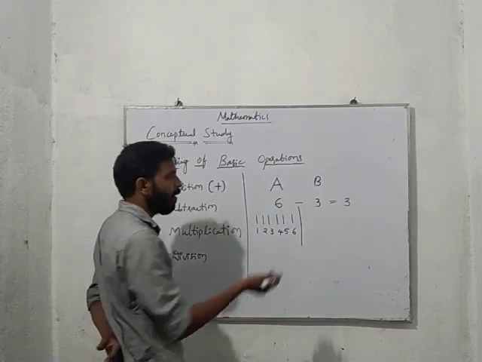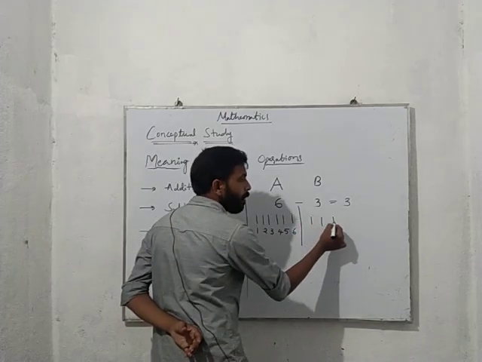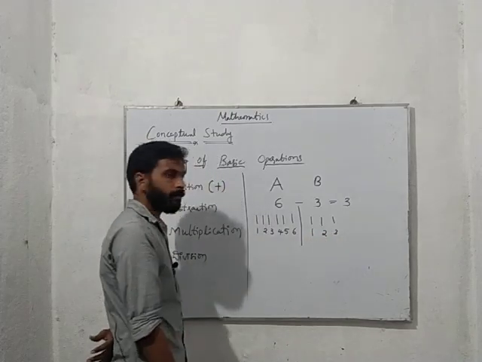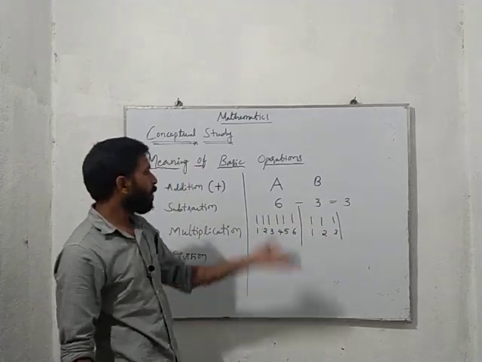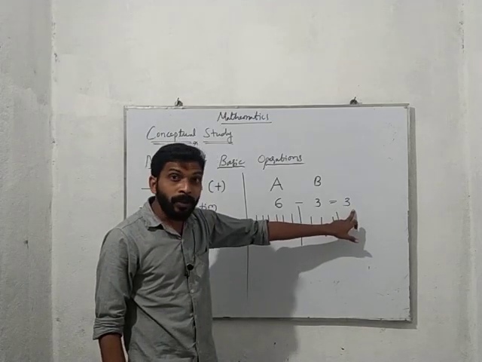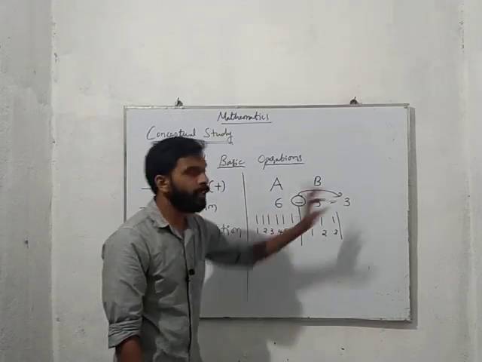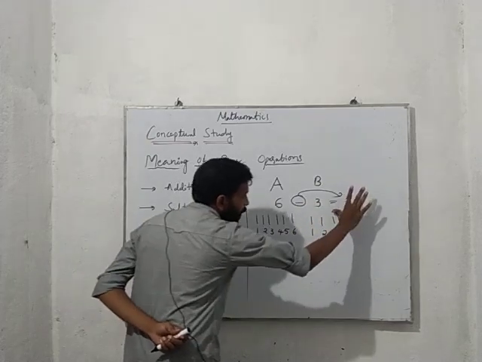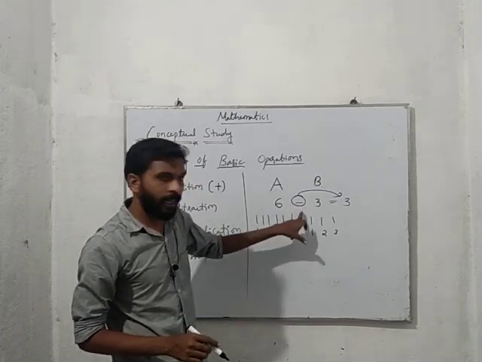Then if I ask how many chocolates are there with B, then 1, 2, 3. Again here we have stopped. Why? Because there are no more chocolates with B, and there we stopped because there are no more chocolates with A. Then here we got 3 because of what? This symbol. This symbol is going to do something here. What is that? The meaning of minus. By this you can understand the meaning of minus.